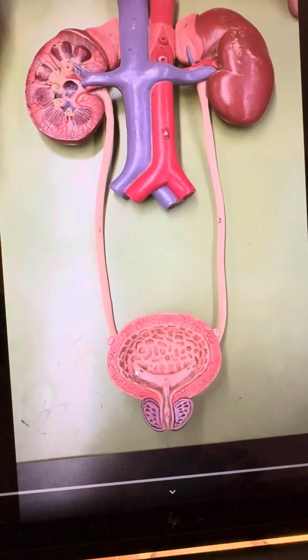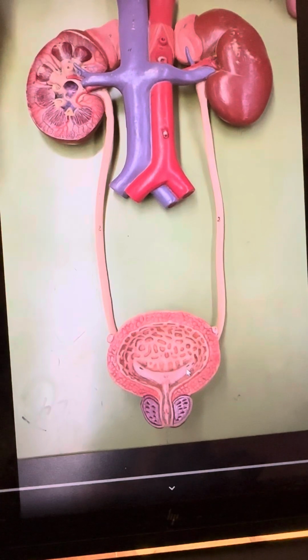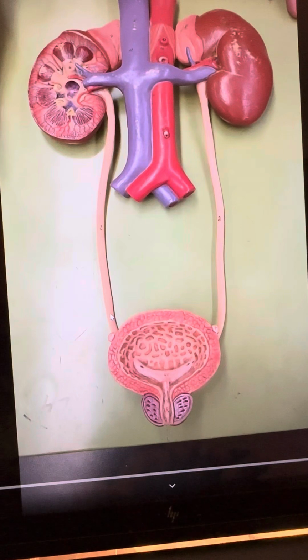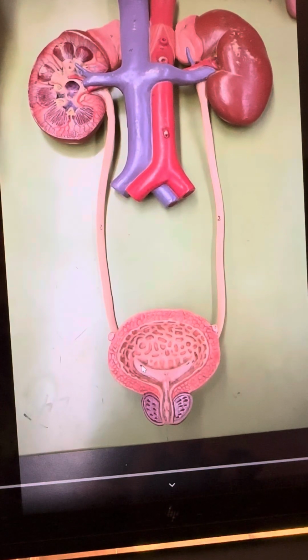There is an opening right here, the first opening, and another opening is here, and the three openings here, right? These three openings are called the trigone. These two openings are coming from the ureters. That's why this is called the ureteric orifice, and here also there is another ureteric orifice, and another one right here nearby the urethra. This is called the urethral orifice,